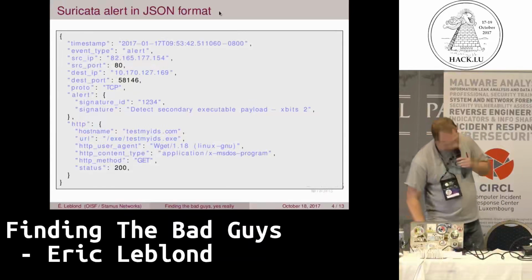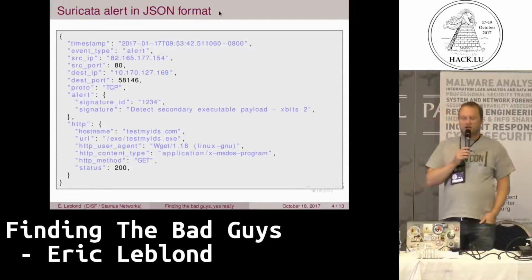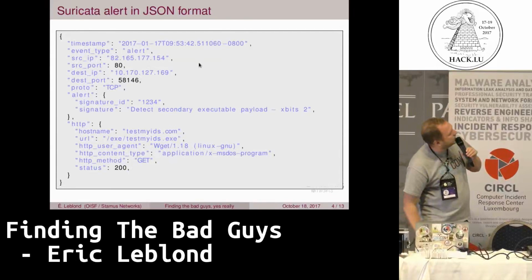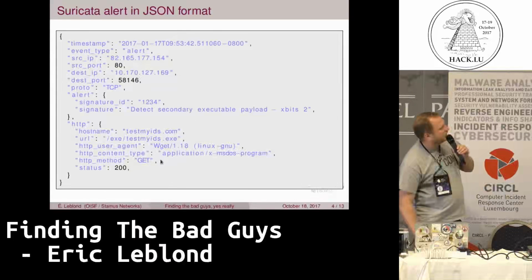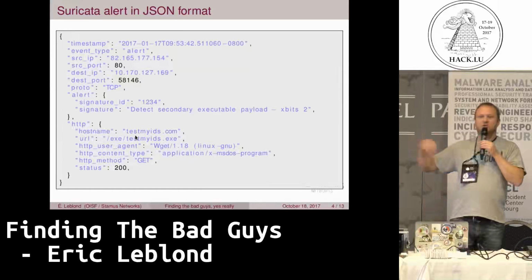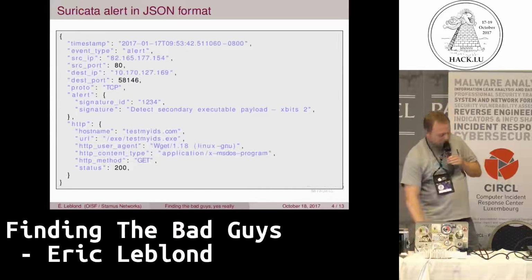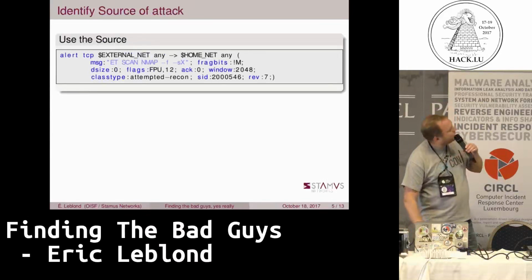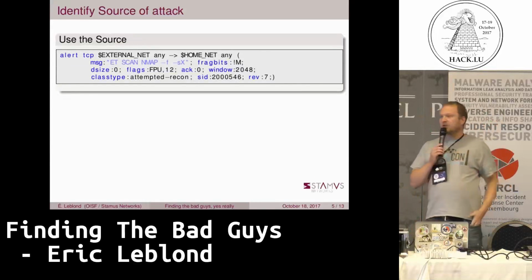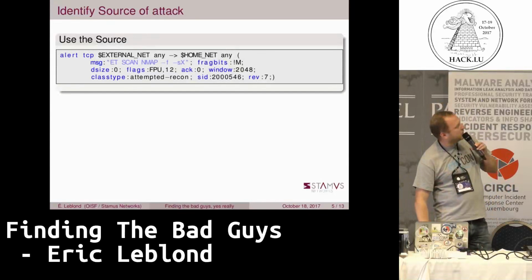For that, I can use the Suricata alert format in JSON, which is the following. You get everything you need, like source IP, destination IP, and other parameters. The good thing is that you also have some protocol information in the alert, so you don't need to analyze everything. You directly have the information available in the alert, which is quite useful. So when you look for the bad guys in an alert, you just use the source IP. It works quite well.